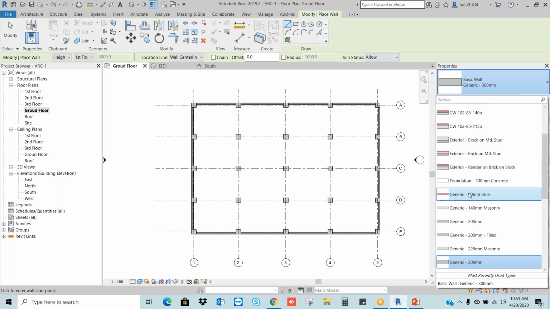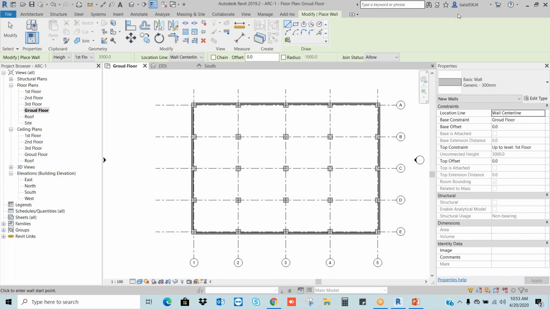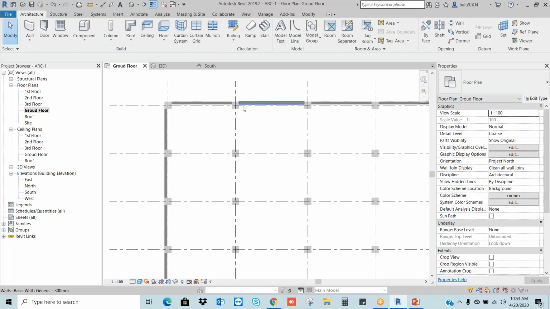Okay. Now let's say I want to draw a 150 mm wall as an internal wall.